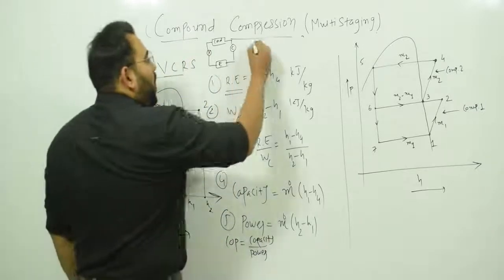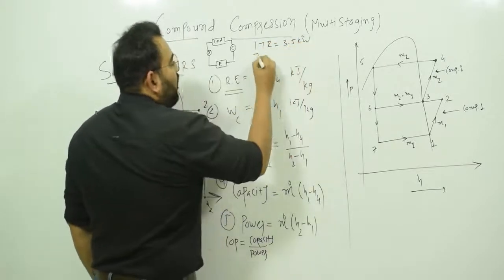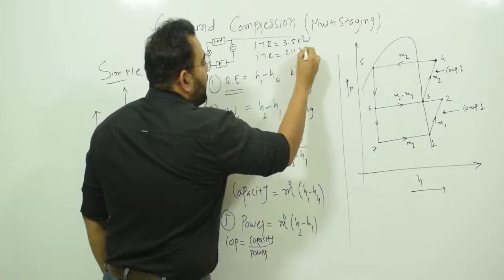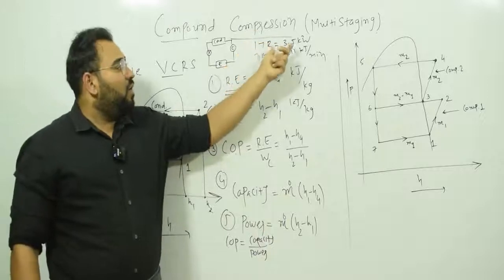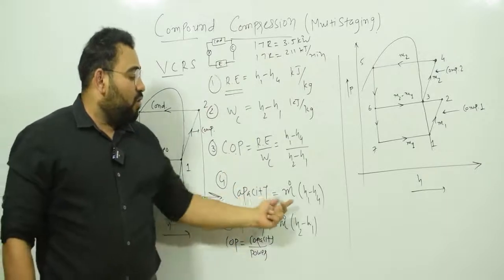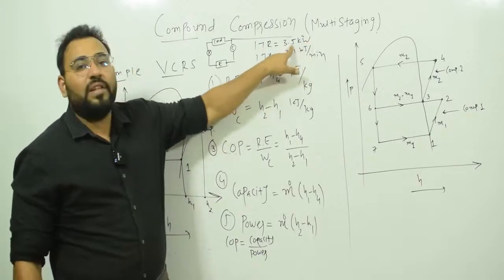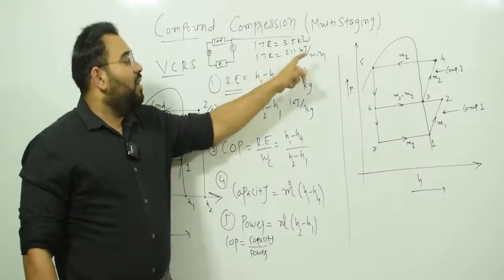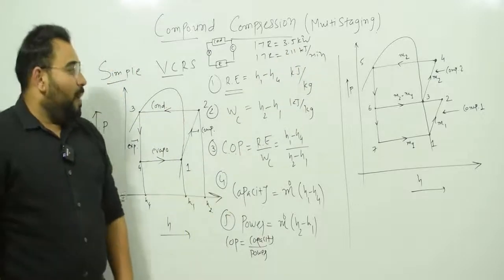Also you have to remember 1 ton of refrigeration is equal to 3.5 kilowatt, that I already told you. And 1 TR we can also write as 211 kilojoule per minute. These two terms you have to remember, that 1 ton is a unit of capacity. So say we find the capacity equal to 5 TR, so convert into kilowatt. How do you convert? If you want to convert 5 TR into kilowatt, you have to multiply by 3.5. If I say find out the capacity in kilojoule per minute, so let's say you have 5 TR, how will you find it in kilojoule per minute? So 5 multiplied by 211. So it will be converted into kilojoule per minute.